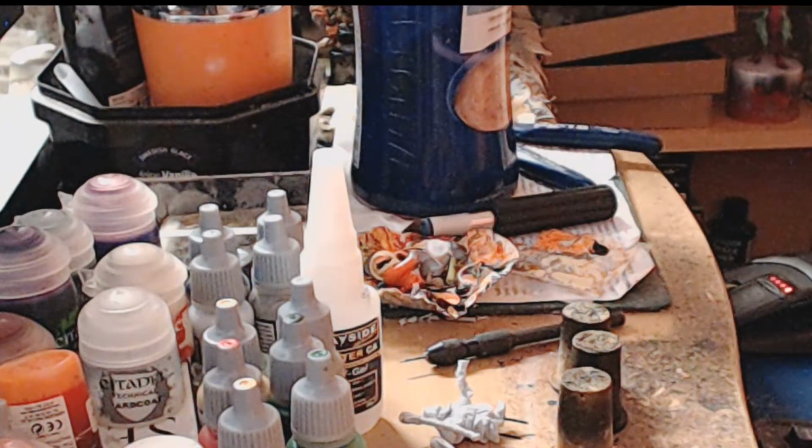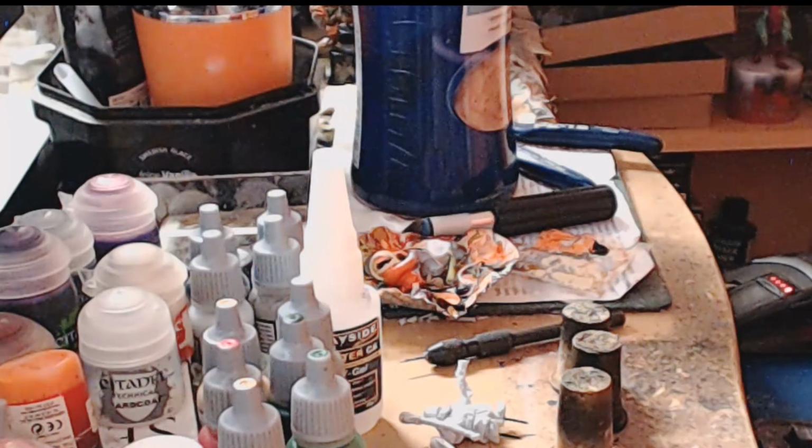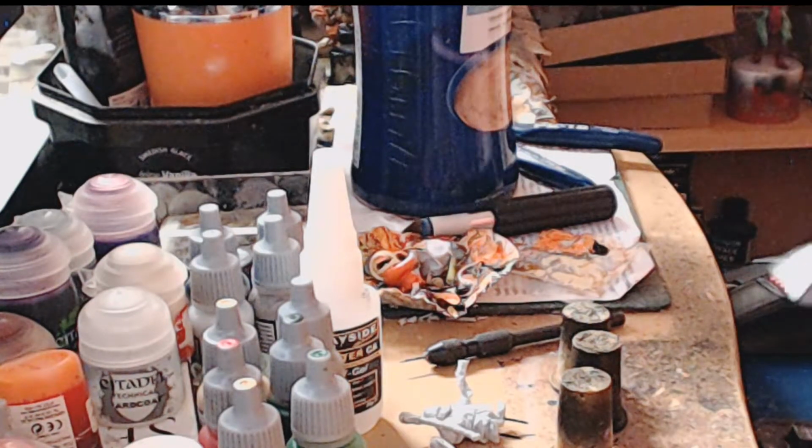But that might be another thing we can do very soon. Where is that base? Should be in a box somewhere. Maybe it's in this box that I'm rummaging through right now. No sign of it in there. What about...